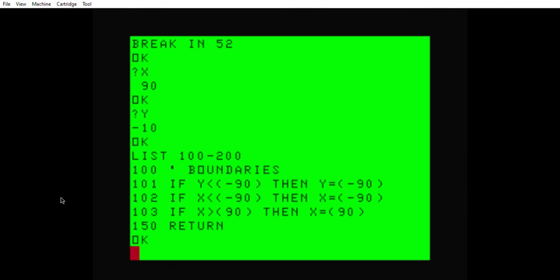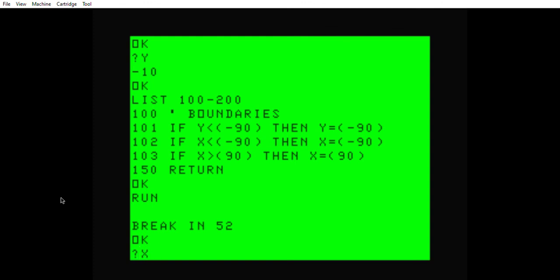And actually, let's run this one more time. I need to get more coordinates here. So if I'm here, I'm good. If I'm here, I'm good. But if I'm here, I can go through. So print X, print Y, list